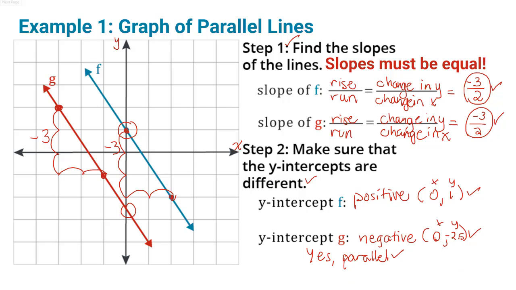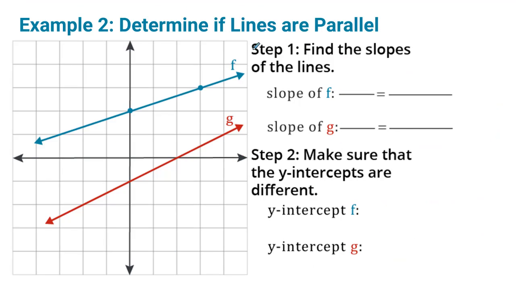So let's take a look at example 2. Again, the most important thing to understand: find the slopes of the lines. Remember, your slopes must be equal if they are parallel. You're looking at it and saying, Mr. Mayer, that's a waste of time. These lines are not touching. But in fact,